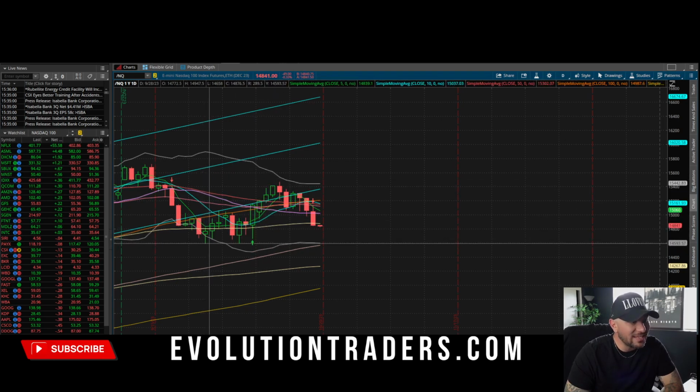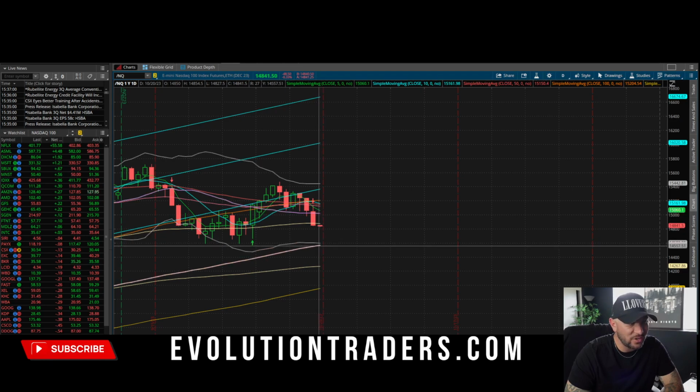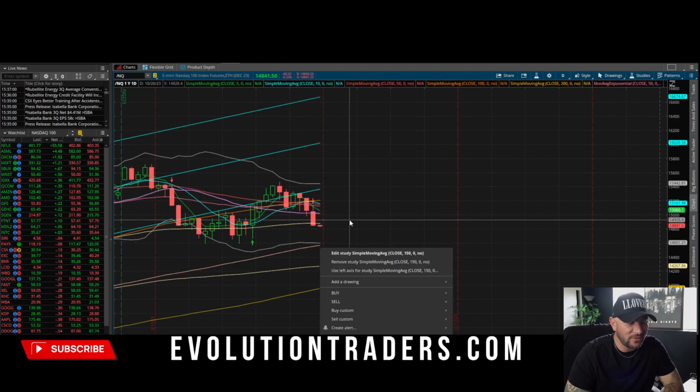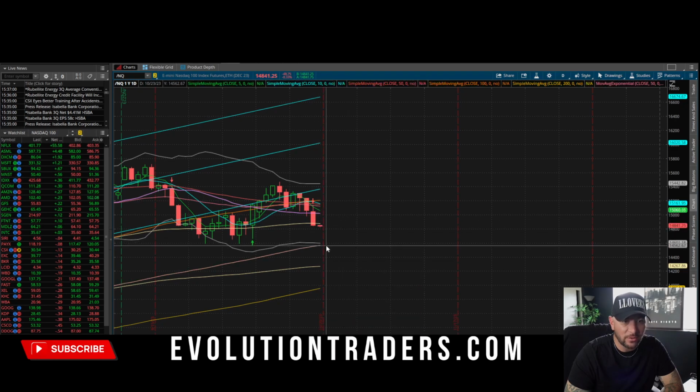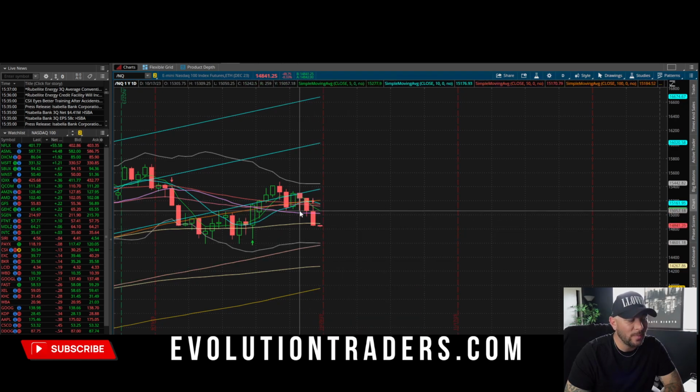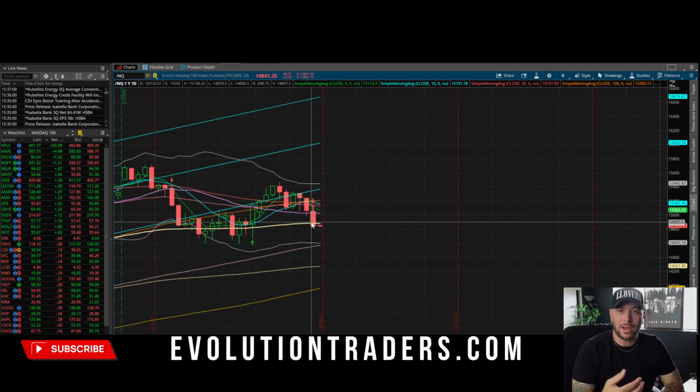So these wicks here are what I'm looking at. If we match up these wicks, these lows, it's correlating almost to this Bollinger Band at 14,600, as well as the 150 simple down here at around 14,562. So if we believe in the theory that stocks trade from supply to supply and demand to demand,